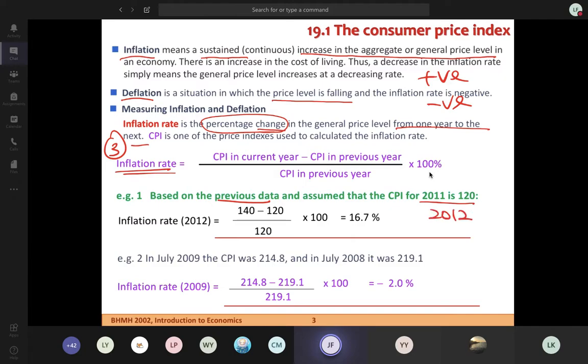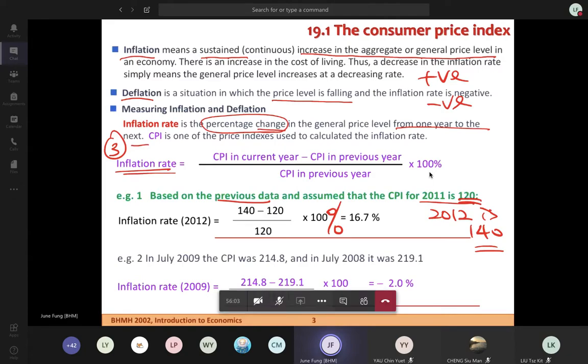Example 1. So based on the previous data and assume that the CPI for 2011 is 120. So the previous data is the CPI in 2012 is 140. So we use the current data minus the previous data and divide by the previous. 新減舊除舊，新係140，減舊120，除120，乘翻100%。咁啊，CPI 由120升到140，好明顯呢個係一個 inflation 啦，一個通脹啦，係咪？咁啊，通脹係加咗幾多啊？就加咗16.7% 啦。咁即係話，如果你喺2011年用100蚊買到嘅嘢咧，去到2012年咧，你要俾116.7先至買到啦。100蚊嘅嘢就變成116.7。所有嘅價格，所有嘅貨物平均地咧，佢嘅價錢係增加咗16.7%。